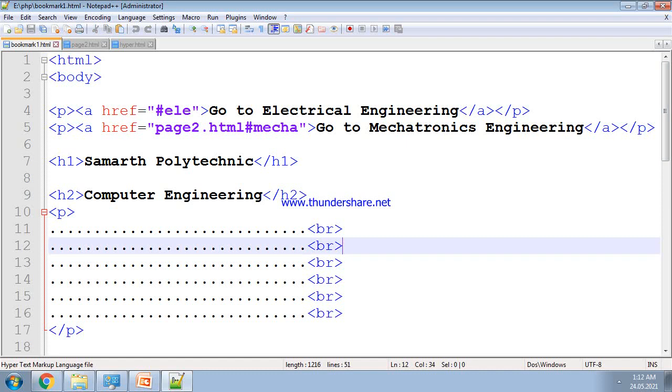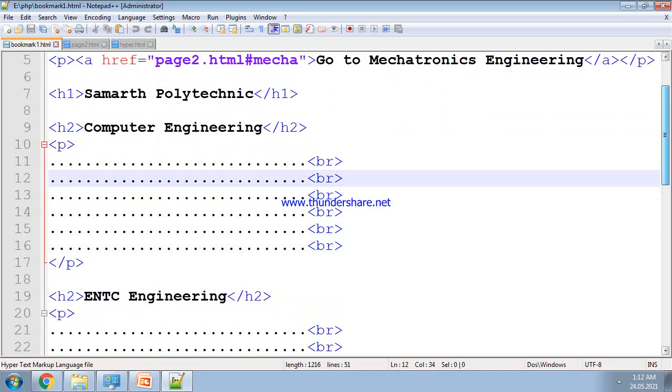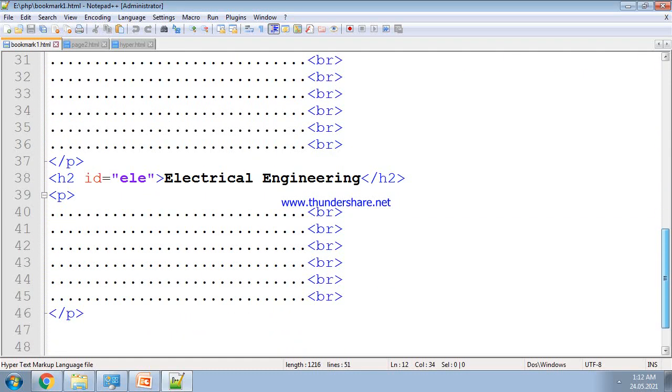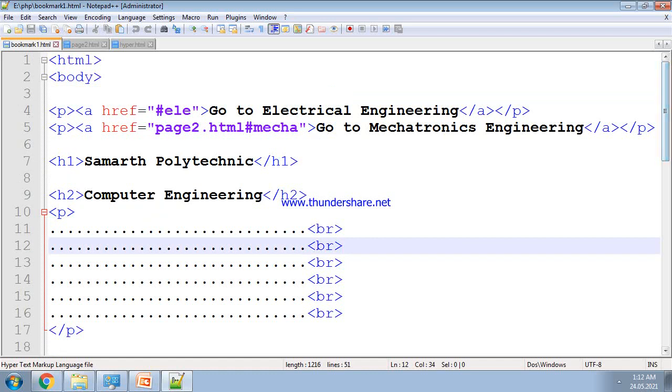This page is a little bit larger, so to go to electrical engineering we would have to scroll down the page. So how can we go directly to electrical engineering? Using the concept of bookmark.